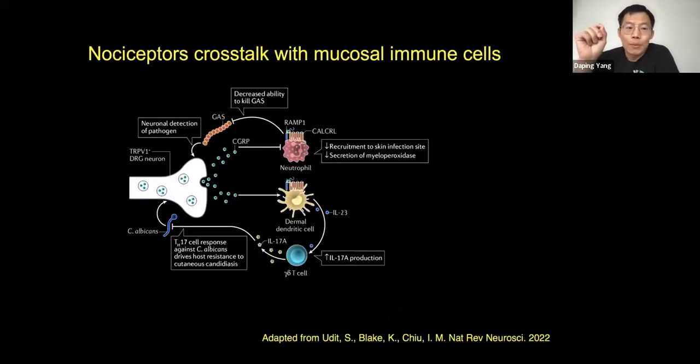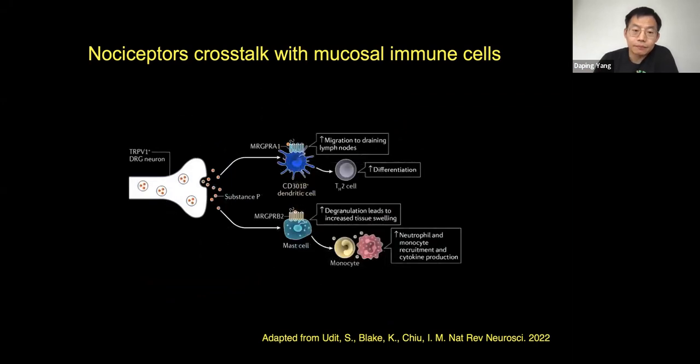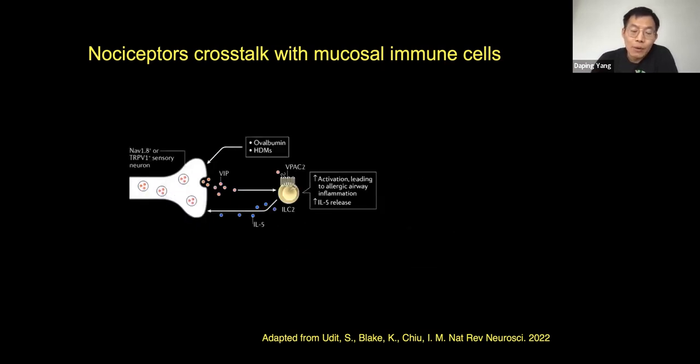The crosstalk between nociceptor neurons and various immune cells has been widely reported in recent years. For example, the pathogen group A streptococcus and the fungus Candida albicans can trigger neuron activation and induce CGRP secretion, which targets the downstream neutrophils and dendritic cells to modulate the host defense. And the neuron-secreted substance P can target dendritic cells and mast cells to modulate type 2 immune response. Moreover, the neuron-secreted VIP has also recently been shown to target ILC2 cells to modulate the type 2 response. However,